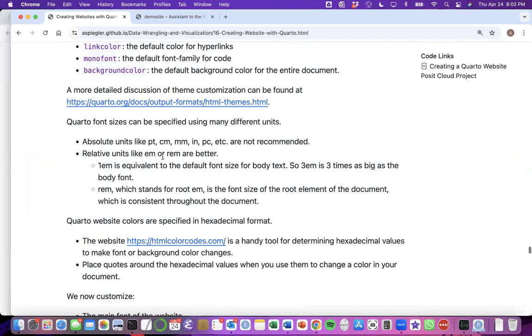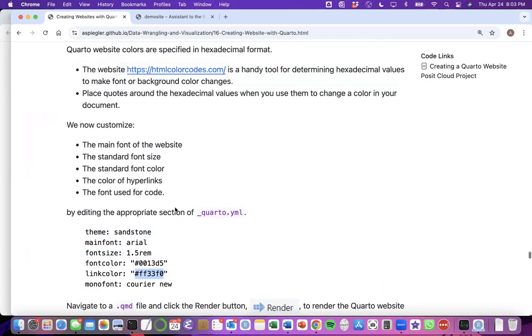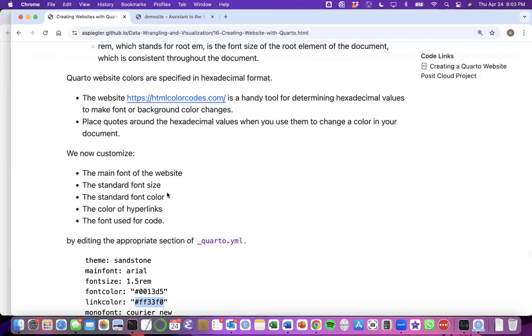So let's make some wholesale changes. I'm just going to apply all of these changes here. You can probably guess what changes are being made. I do want to mention something about this. So here, when I change the colors, I'm going to change the font color and the link color. We get those colors using hexadecimal